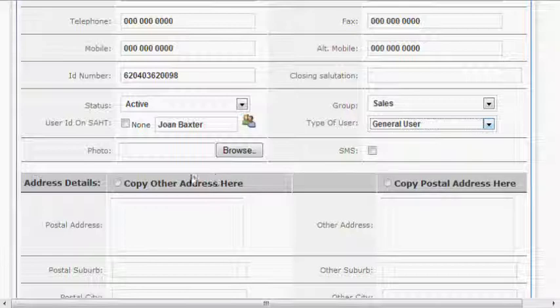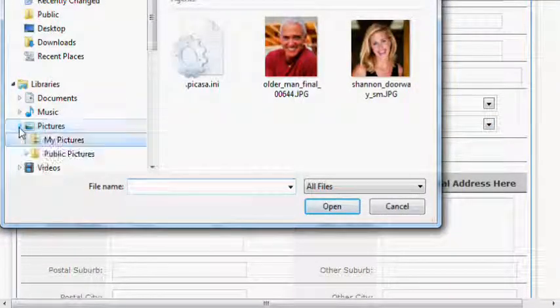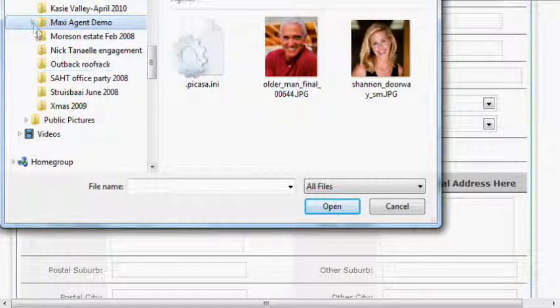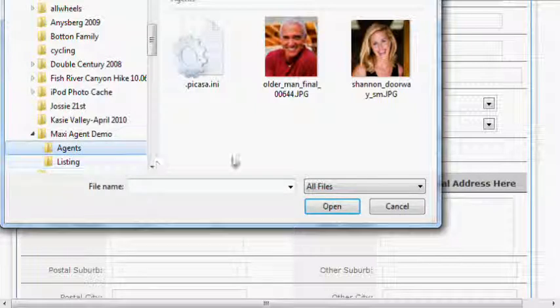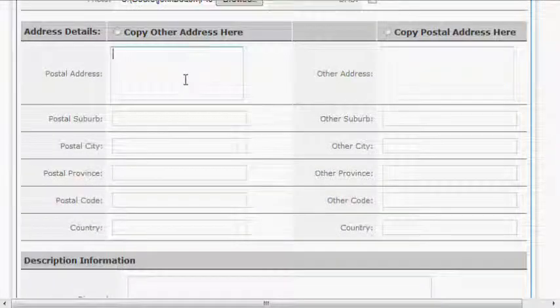Now let's add a photograph of this agent. So I'm going to click on the browse button, or click on the field, and then browse to a folder on my computer where I've saved images. And in this case I'm going to the agents folder where I've got a photograph of the agent, and then under the address details fill in their